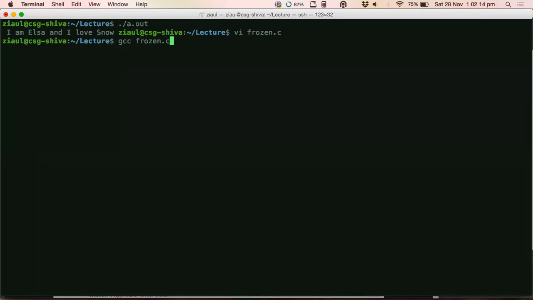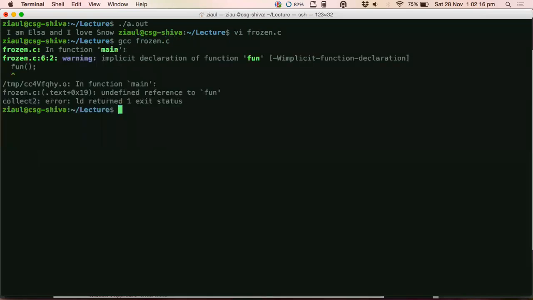It will just say there is no function of this type because I have not declared it anywhere. Neither is it in the header file, nor in my source code. So the compiler will simply give up, saying you better write a definition for this function. Otherwise, I am not going to compile your program. Okay, fine, sir.